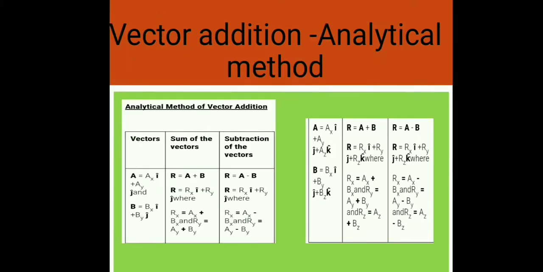Vector addition by analytical method. Although the graphical method of adding vectors helps us in visualizing the vectors and the resultant vector, it is sometimes tedious and has limited accuracy. It is much easier to add vectors by combining their respective components. Now consider two vectors, A vector and B vector, in the xy plane. If we are taking xyz space, then there will be three components.